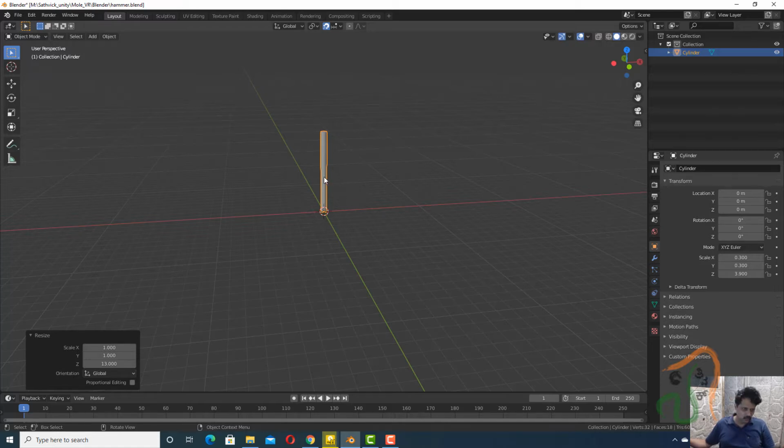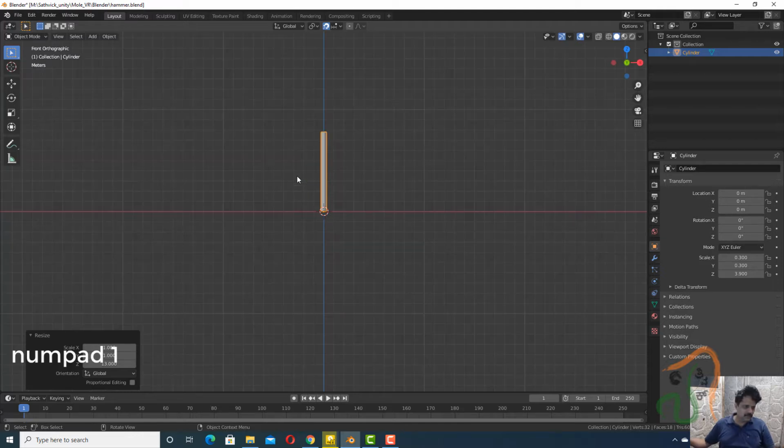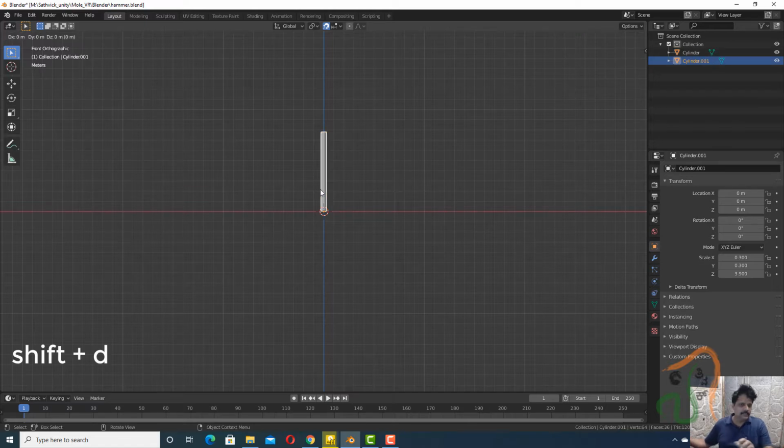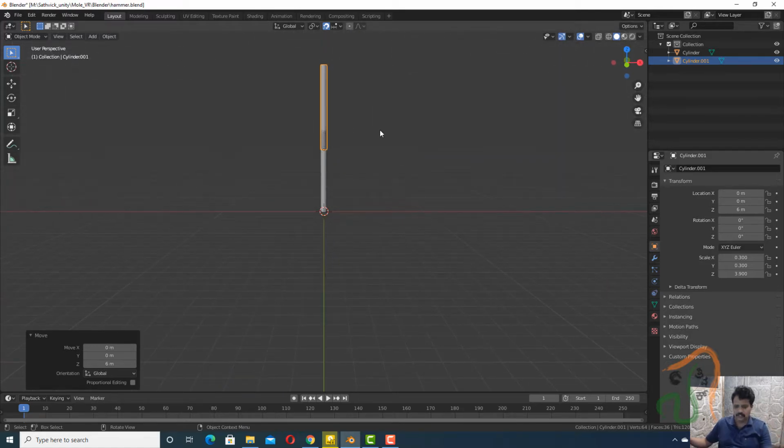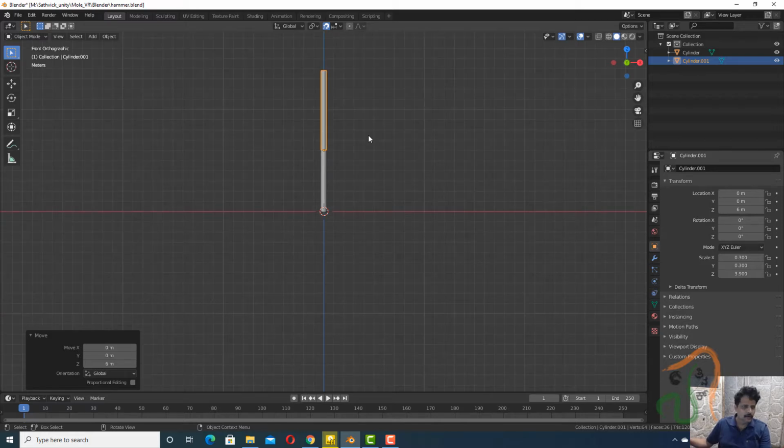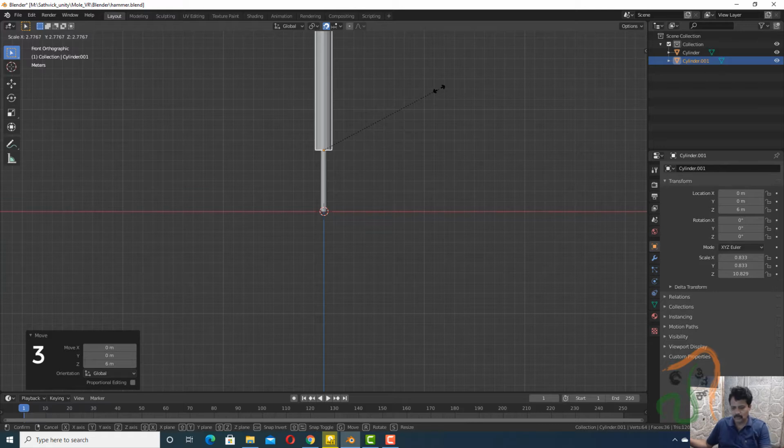So for this hammer portion, what we shall do is come back to front view now, and in front view with the cylinder selected, press Shift plus D. It has got duplicated, and once it is duplicated along the Z axis, move it by approximately 6 units. So you can see here I have moved it by around 6 units along the Z axis, and after I move it along Z axis by 6 units, okay, with this selected, now let us, in the front view now, press S here to scale it, and let us scale it by around 3